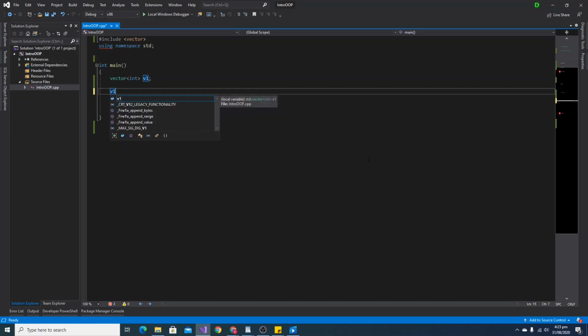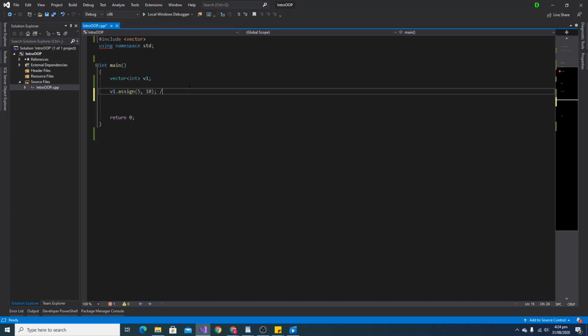So let us say v1.assign, and we would like to fill the array with 10 5 times, right? So we would write that as, right, so we're filling this vector array with 10 5 times,